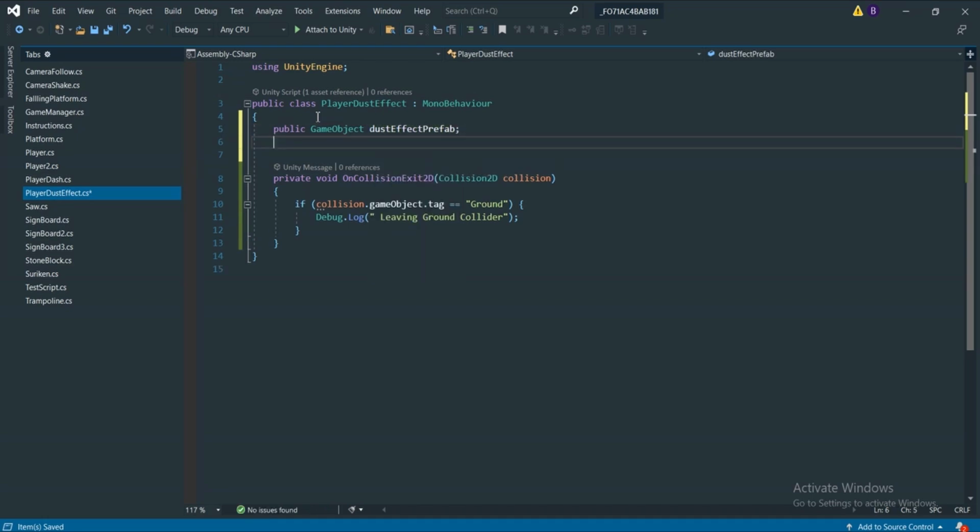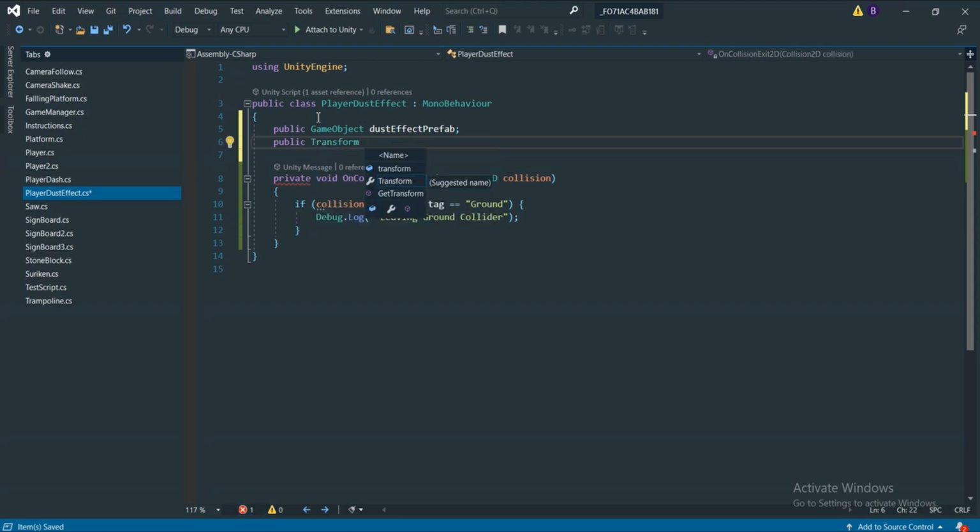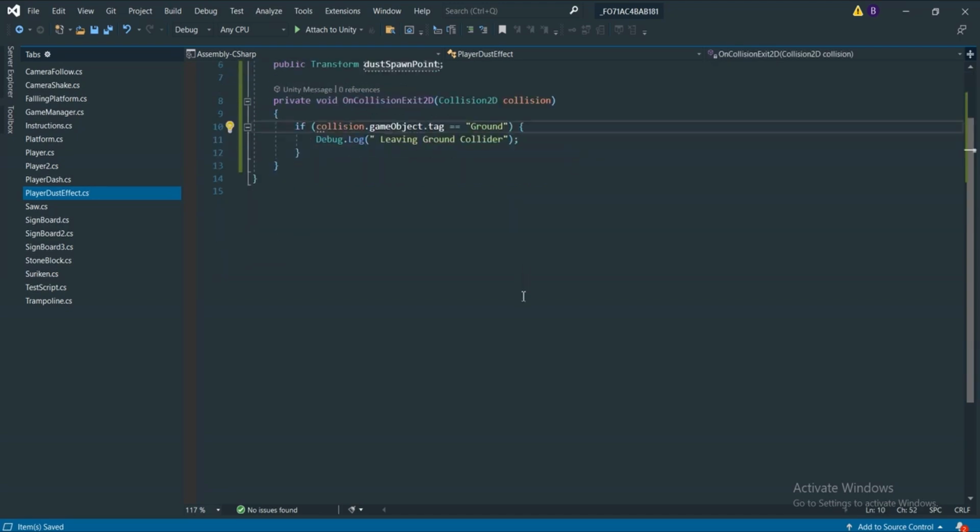And we also need a reference of that point. So we're going to make another public Transform, which is responsible for position, as we do know, or a point, and we can call this one something like spawn point, or we can simply call it dust spawn point. Let's call it dust, sorry, I'm going to call this one dust spawn point. And now we're going to press Ctrl S to save our script, and let's head over to